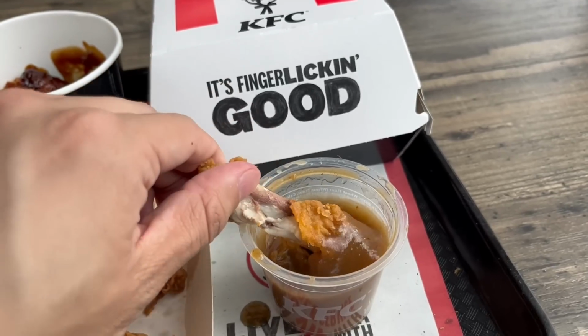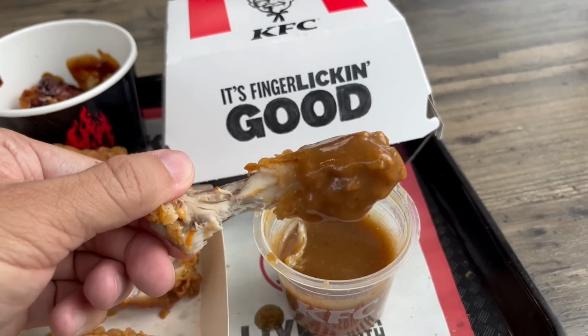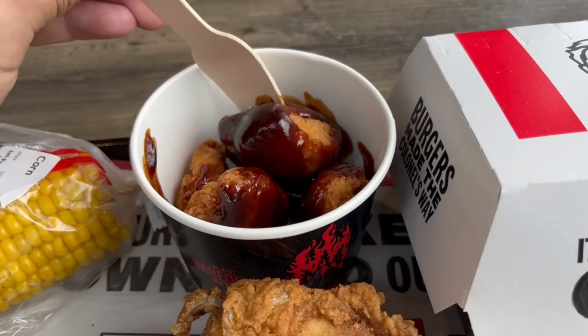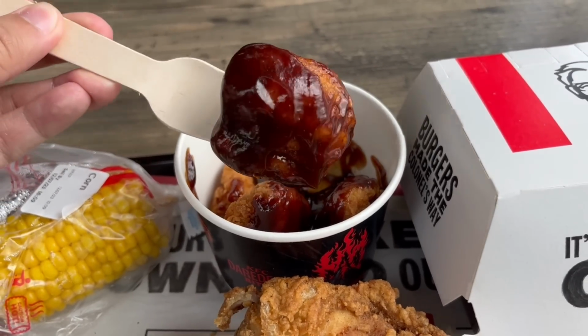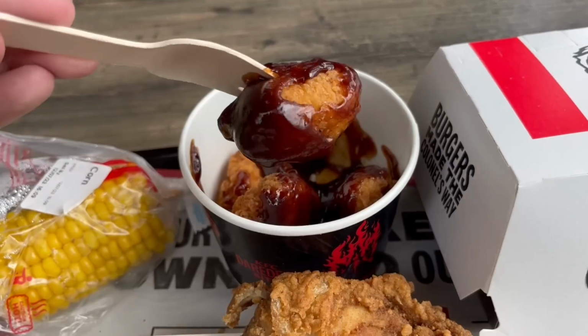Let's see what it's like dipped in the gravy. I don't think I've ever done this before. Let's taste it. That works. Let's move on to the Kansas barbecue dipped bites, which are basically 4 giant pieces of popcorn chicken